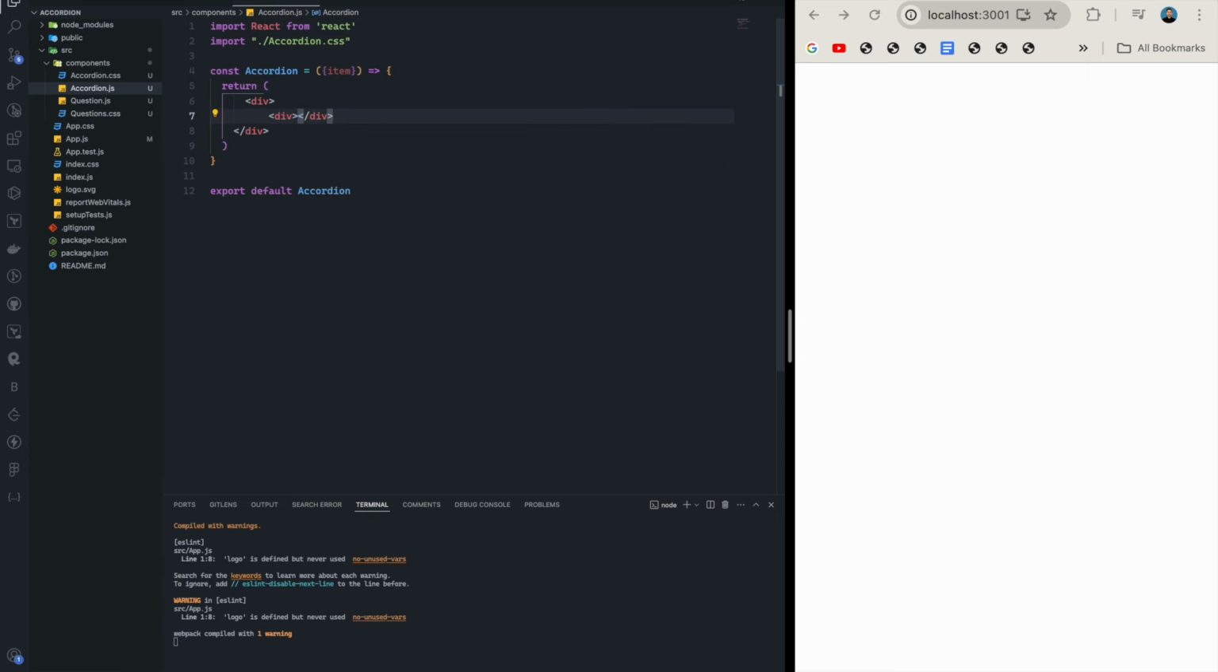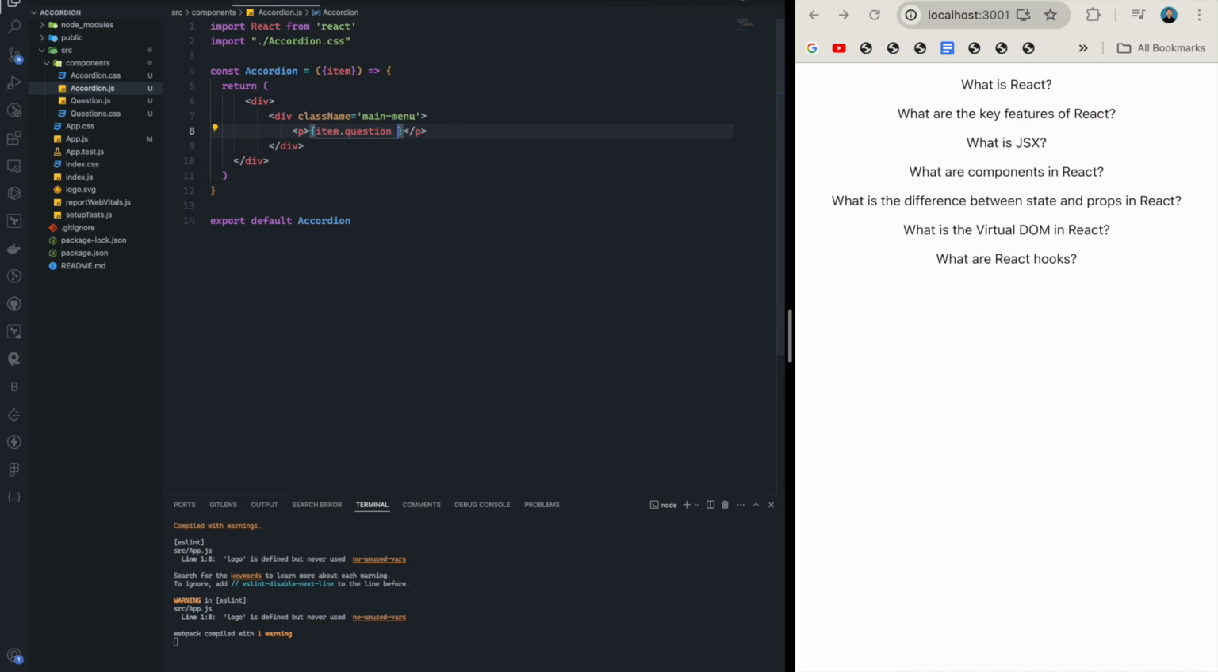Let's create one div that is for storing the top. Let's put it a class name of main menu, and inside that let's have a p tag, and inside that let's have that question. Okay, we can see our question on the UI, and let's create another div that is to store our icon,